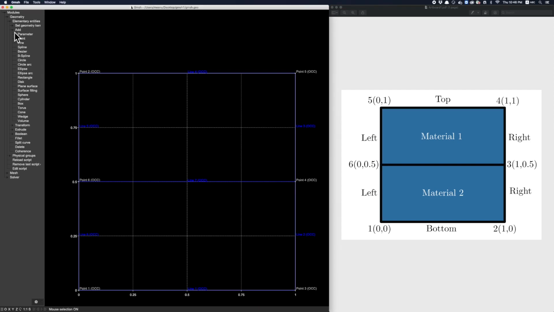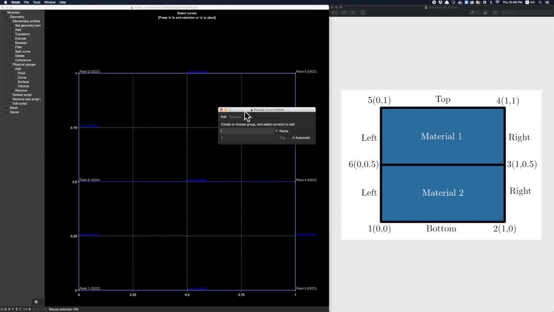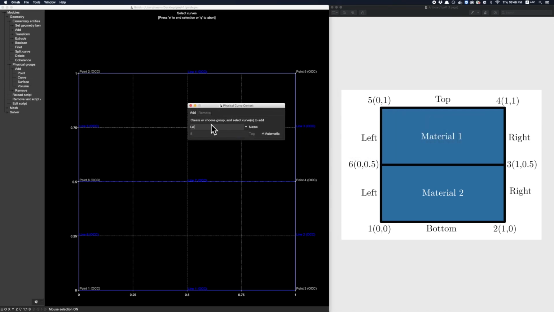Next step is to mark the boundary conditions using physical groups. For this, go to geometry, physical groups, then add. And then you can select point, curve, surface or volume as per your requirement. In my case, the boundary conditions are to be marked in the line mesh entity. So I am selecting curve, inputting the name of the boundary and also selecting the curve corresponding to it in the geometry. Repeat the same process for all the other 3 boundary conditions.